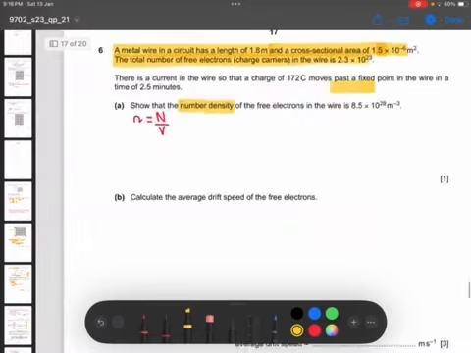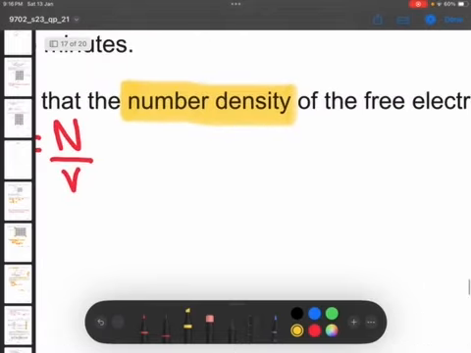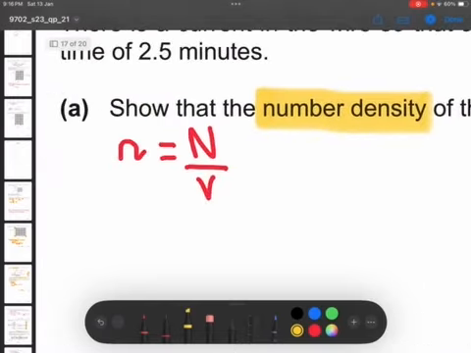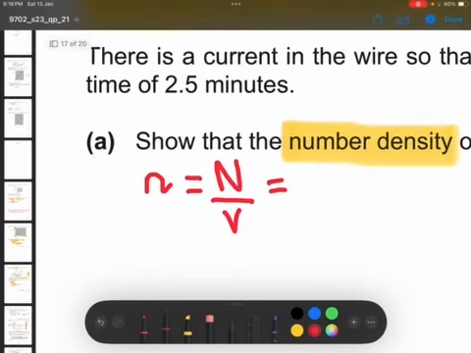So the number of electrons in this particular piece of wire is 2.3 times 10 to the power of 23